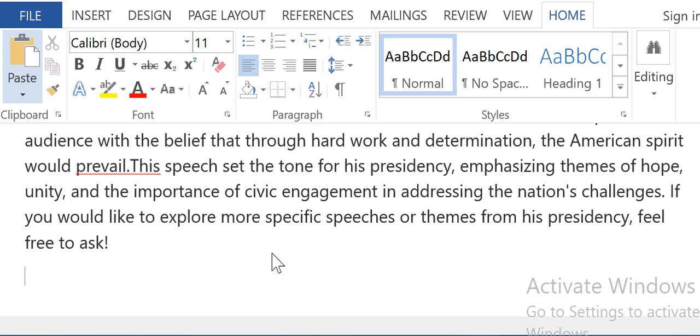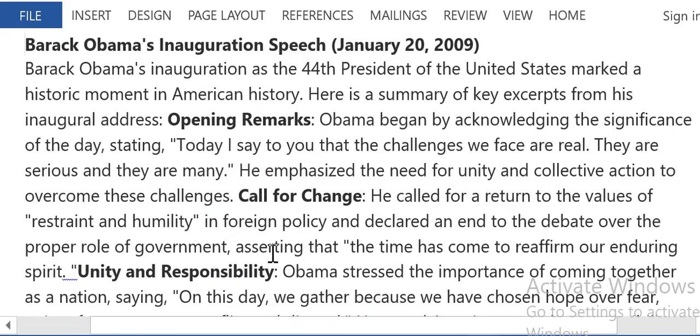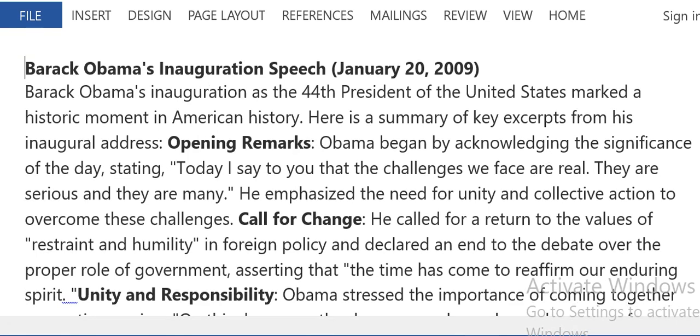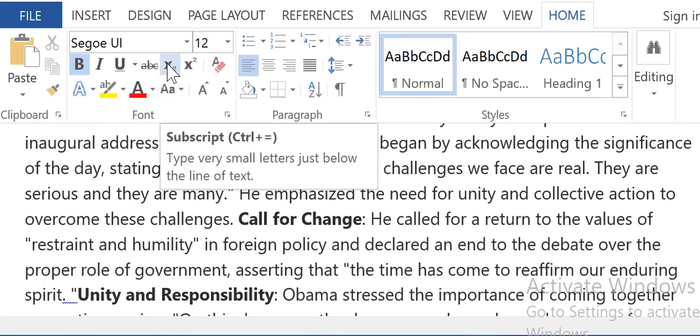Every single word we are going to use in this. So Obama inauguration, this is the text I told you we are going to use. First, let's start with